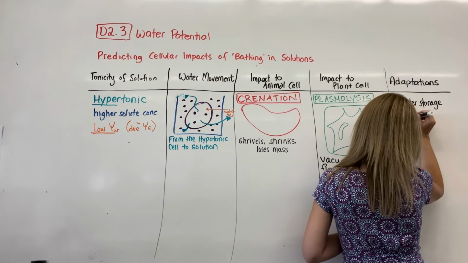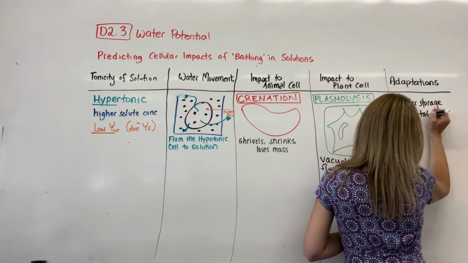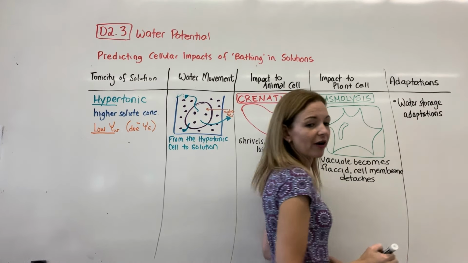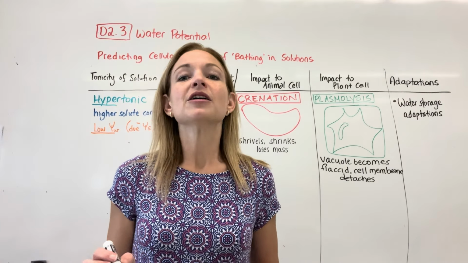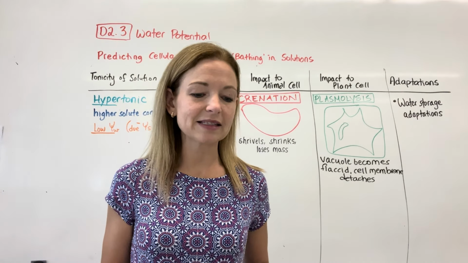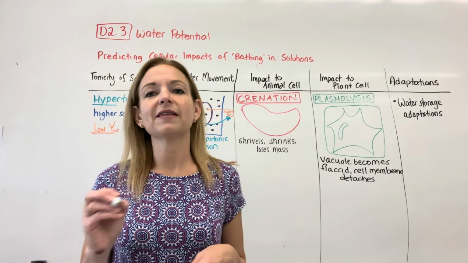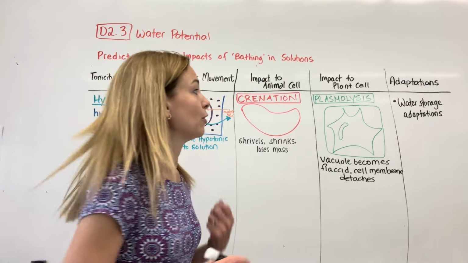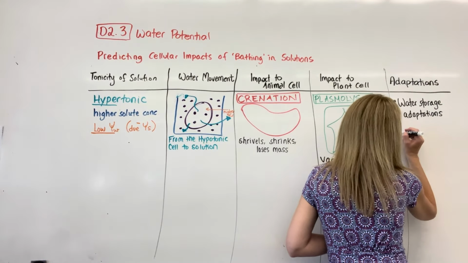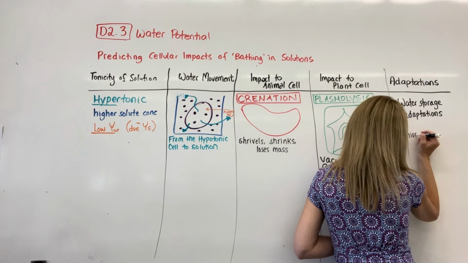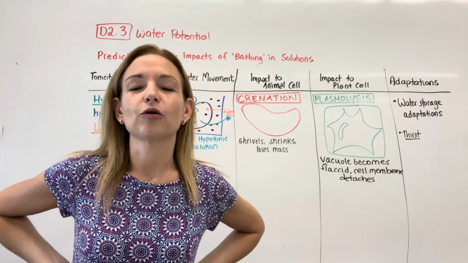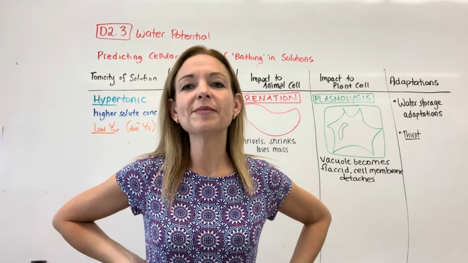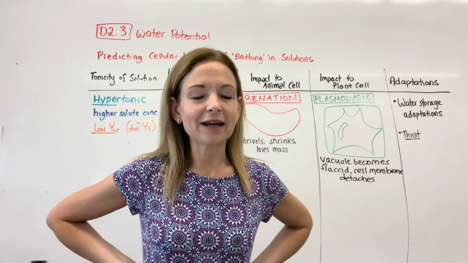So that could be things like storing water on the camel of a hump. It can also be things like closing stomata, so limiting transpiration, things like that. So anything that's in place to kind of retain water. And then in humans, another thing is thirst is an adaptation that encourages us to drink in order to dilute the bloodstream so that that doesn't happen. That adaptation one's a bit strange.